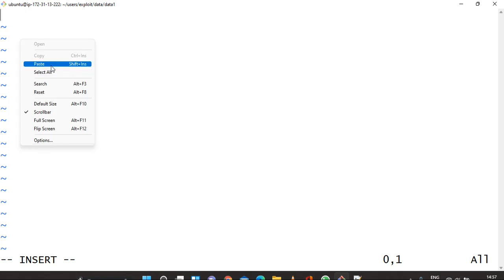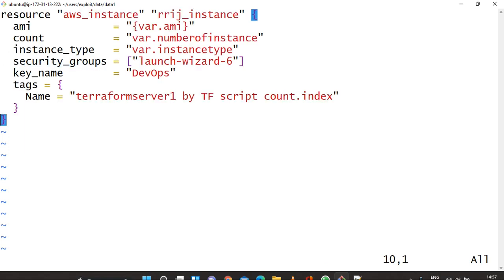It is in insert mode. Let me paste. Okay, so var.ami, var.num. Oh, sorry. Here I have to keep the curly braces.